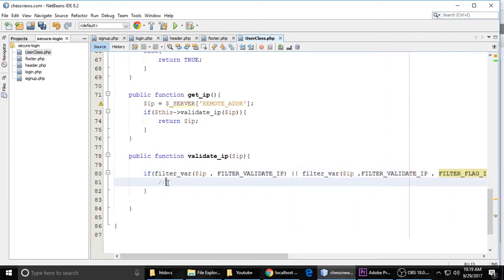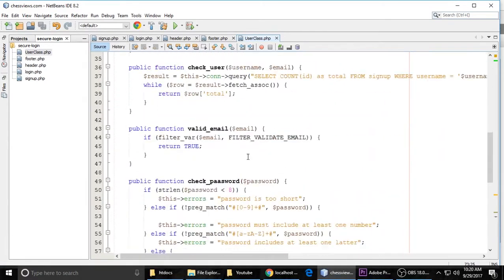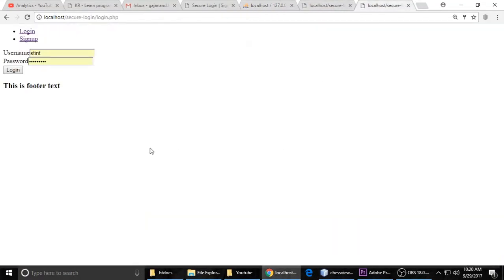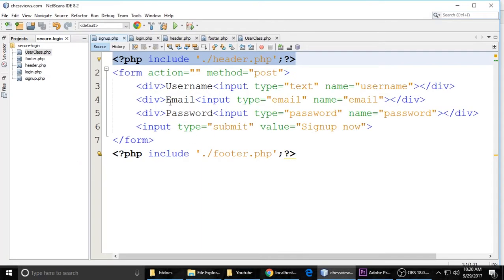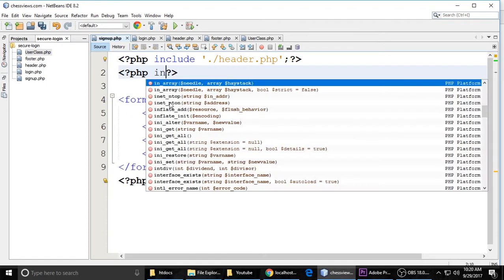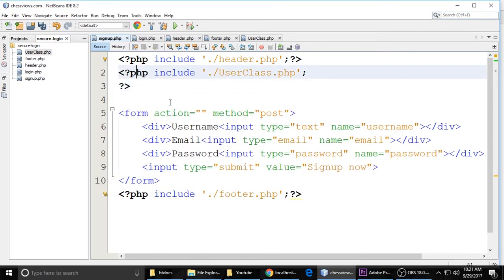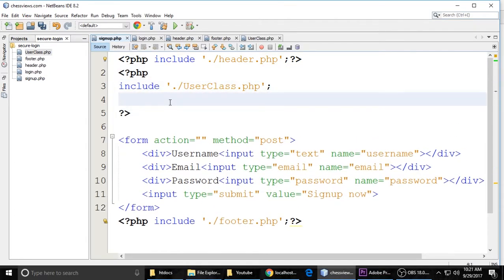You can see here IP version 6. Then for the IP, we can write a comment so you can understand exactly what it is, and return true. So all the things we have done. Now test it, and just call inside signup.php, just include the class which we have created. So we have attached the user class inside signup.php,